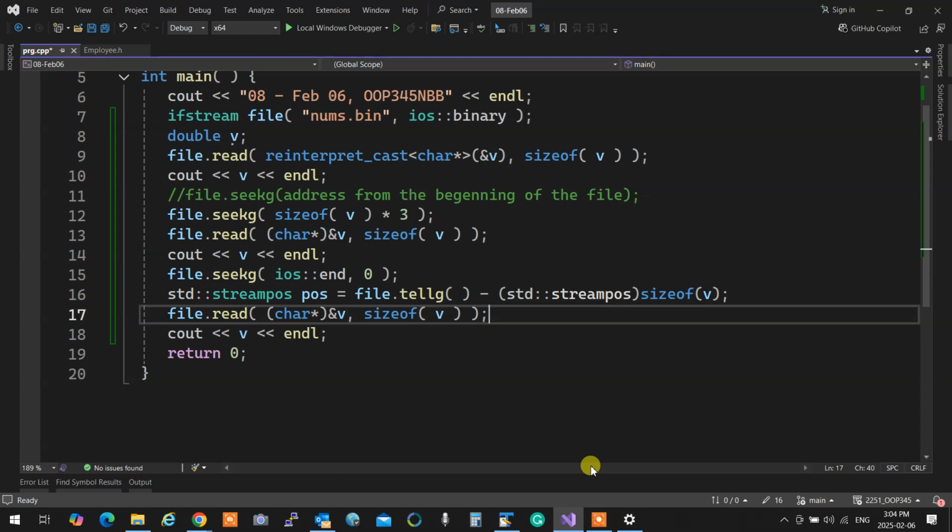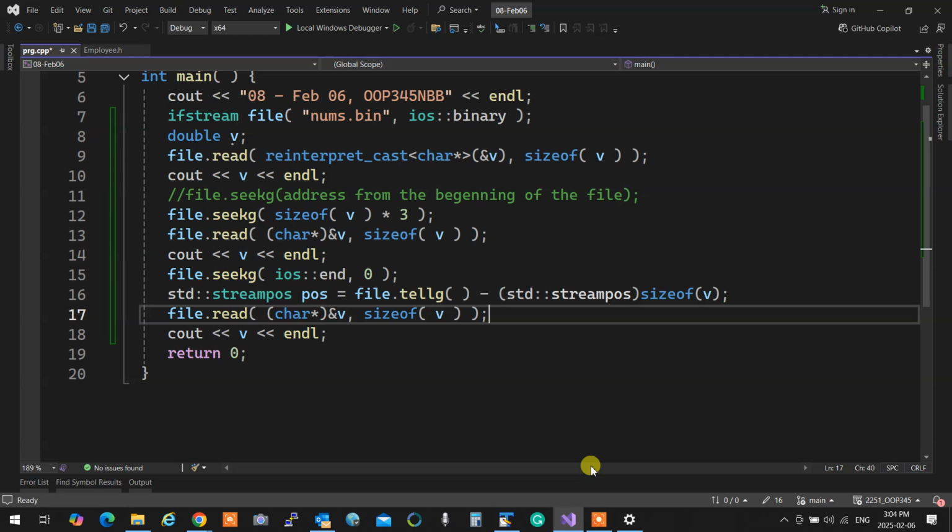What does it mean? This says from where. So seek has an overload. If you just put 1, it means absolute address from the beginning of the file, where to go. If you put this one, you have an offset from where. And there are 3 of them: current, beginning, CUR, BEG, and END. You can say from beginning go to, which is essentially that one, no difference. You can say from current position go backwards. You can say go to the end and stay there.